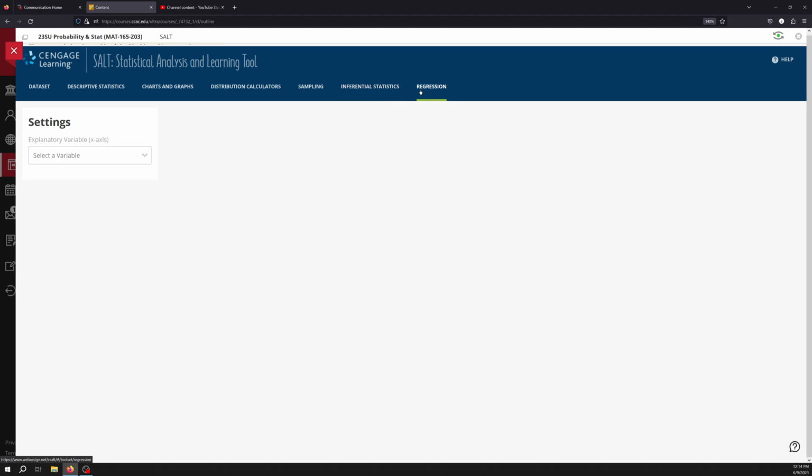We can't do regression on this because you need 2 variables. But that's basically it on how you